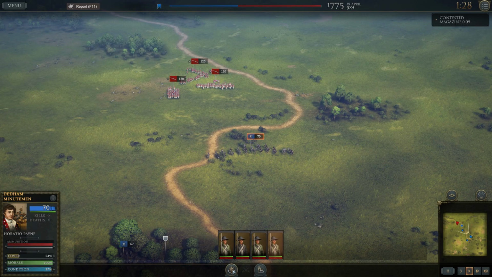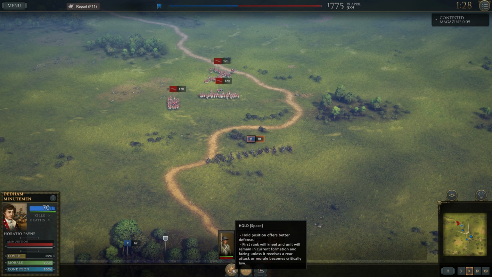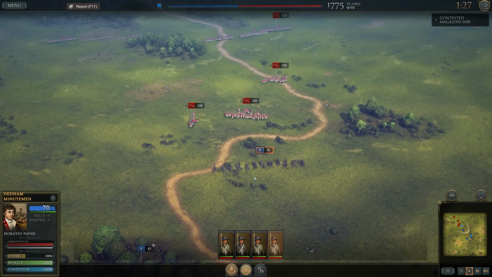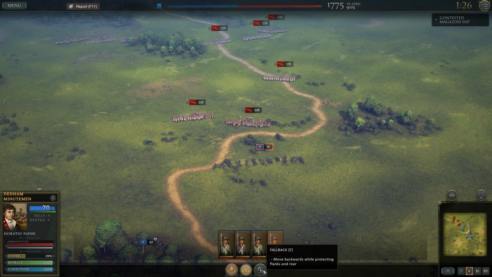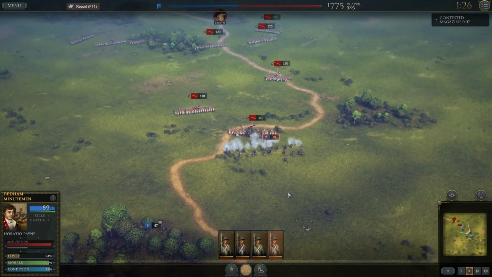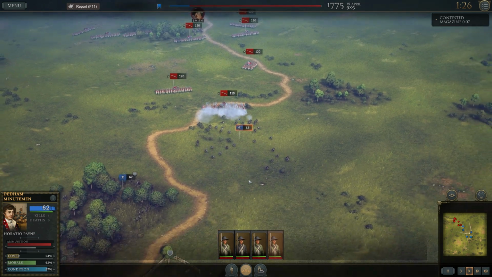Let's go ahead. We're going to hold. Now, something you could do in this game just to help out your troops a little, you could put them into hold, which makes the first rank drop, and it gives you a better defensive posture. So you take less casualties this way. Come on, get off a volley. And then we'll fall back. We don't want the British to get into melee with us. Of course, they'd launch a volley right in our face,